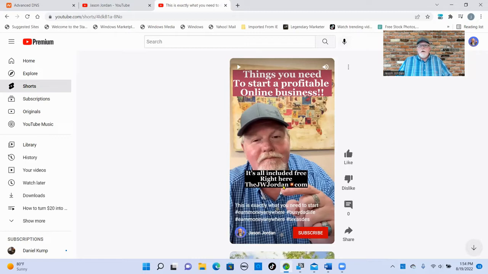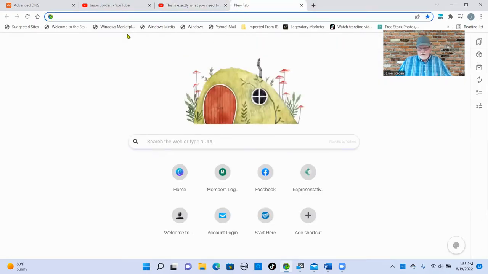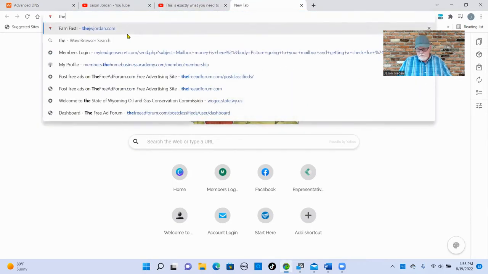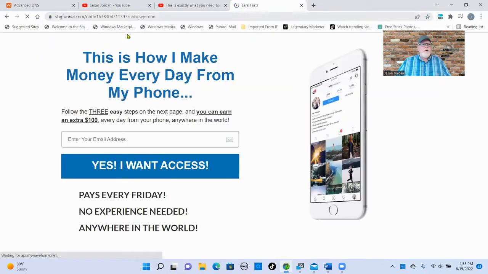go. All right. Now, once somebody goes here, this is what they're going to see, because I have my funnels all set up. So let's just go type that in right here. Go, and boom, there's my capture page. Okay. So now it just directs from my domain name straight to my capture page. This is all tied to me. Okay. So when somebody comes in here and they put their email address in here to go and access, to go watch the video,